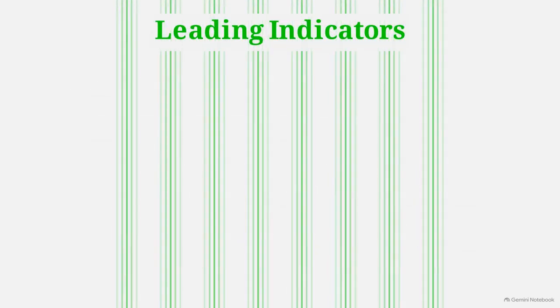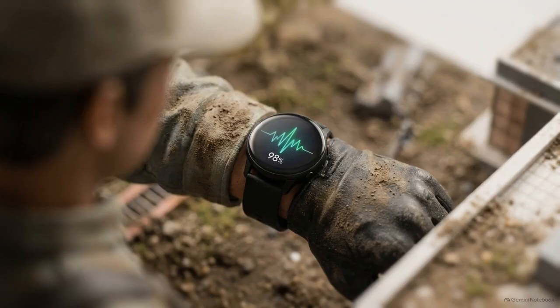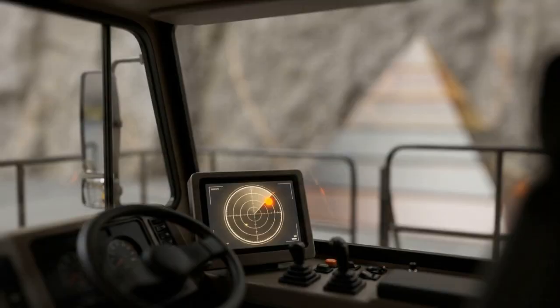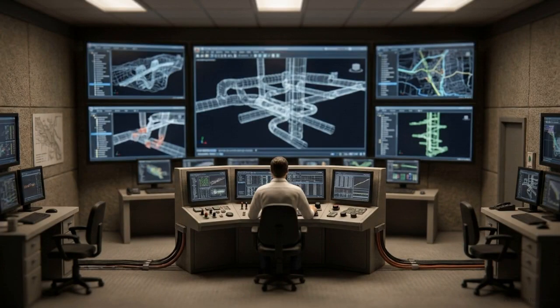Modern safety architecture uses leading indicators. These proactive metrics use real-time telemetry to predict failures before they happen. This leading data flows continuously, from wearable vital sign sensors, proximity alerts on mobile equipment, and digital networks monitoring underground gas. Safety management teams run this fast telemetry through machine learning algorithms and data analytics to identify invisible risk patterns